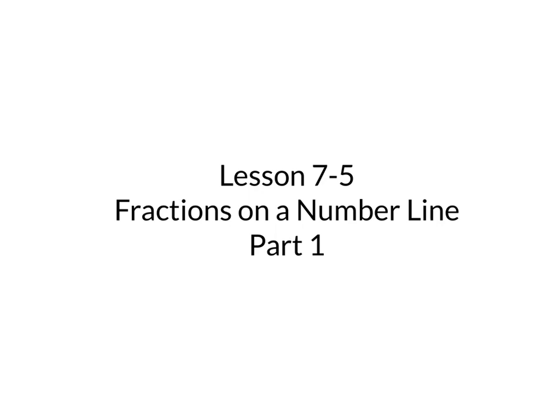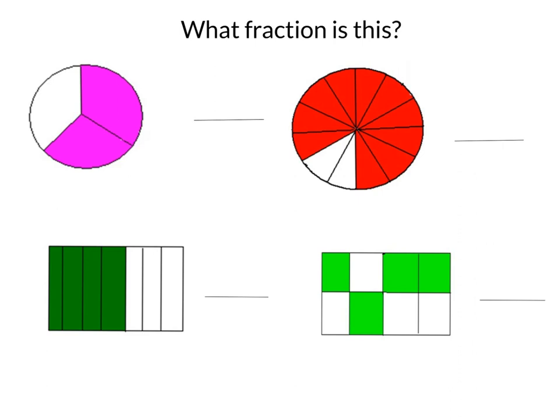Let's go ahead and look at our 4 pictures together. Look at each of these and try to figure out how much of the circle or the rectangle is shaded. Think about how many pieces are shaded out of the total number of pieces present. So let's start with the upper left-hand corner. Correct answer is,